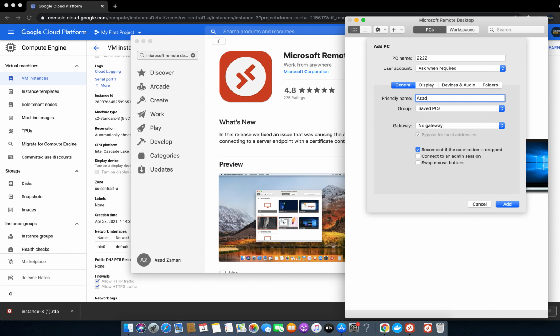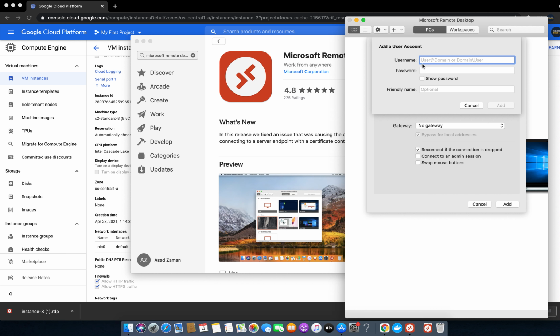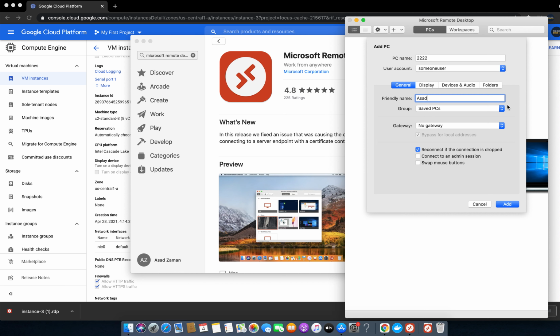I will put my name here, then add a user account with the username and password of the RDP which we set when creating the cloud instance. For example, some user and password, and we will click on add.